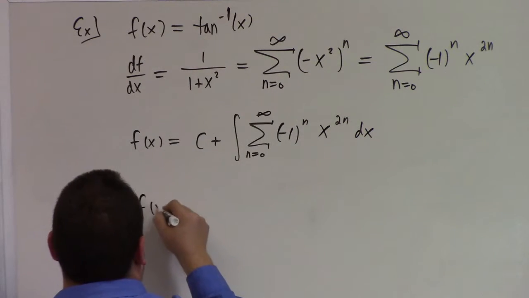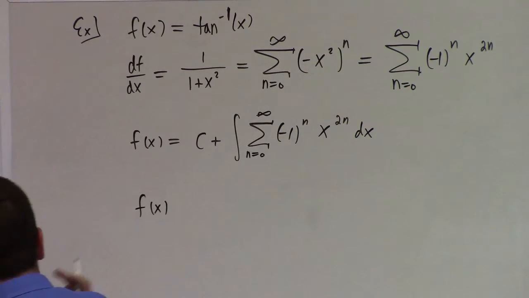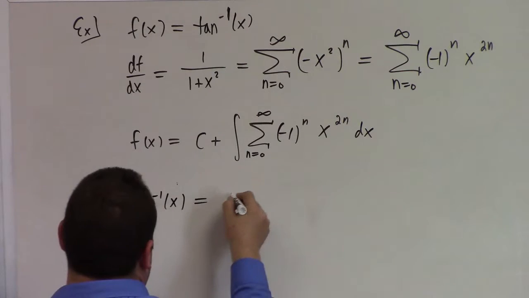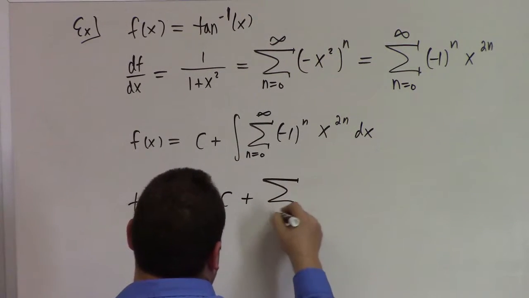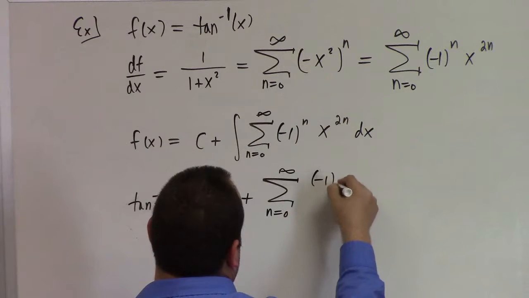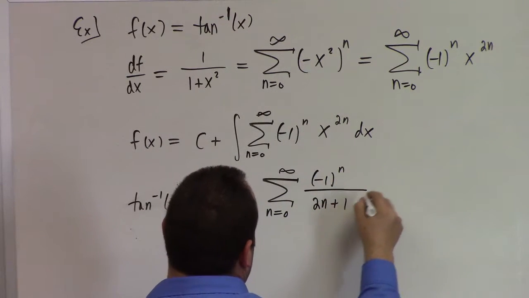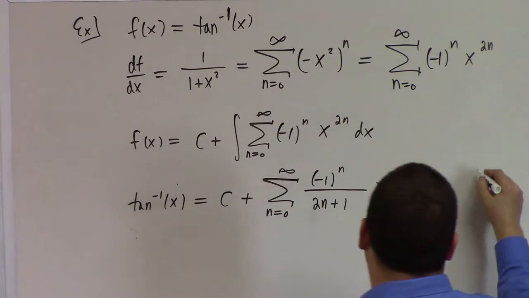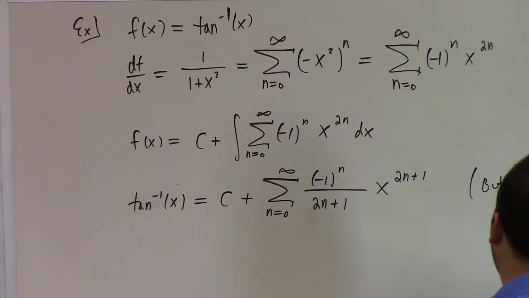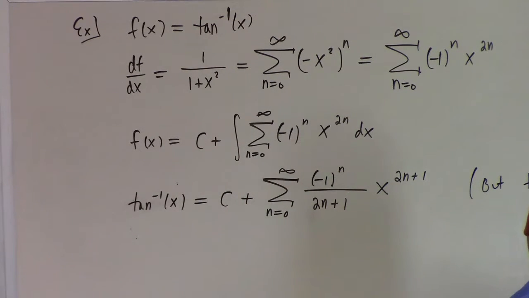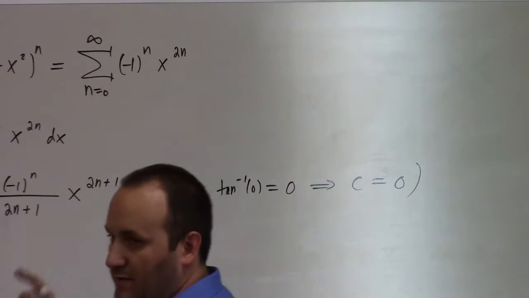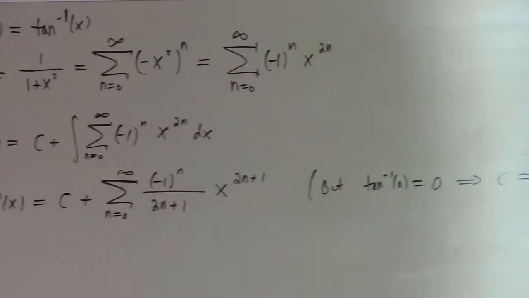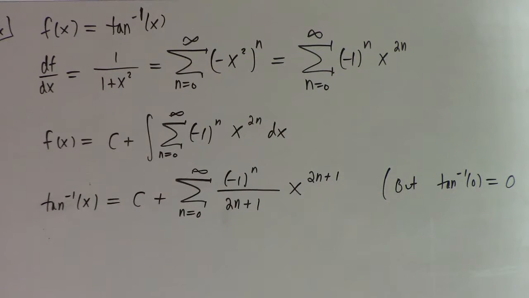If I had been just a little bit more bold, I would have skipped this step I just wrote. Once you understand what you're doing, you can just write this next one down. Inverse tangent of x is equal to a constant plus the sum n equals 0 to infinity of (minus 1) to the n divided by 2n plus 1, x to the 2n plus 1. But inverse tangent of 0 is equal to 0, which implies that the constant is equal to 0 as well, because again we have a series which doesn't have a constant term. So when you plug in 0 into that series, it's 0 as well. So there you go. There's the power series